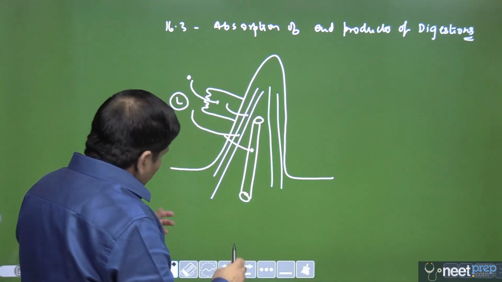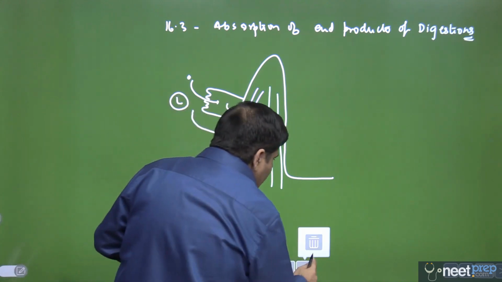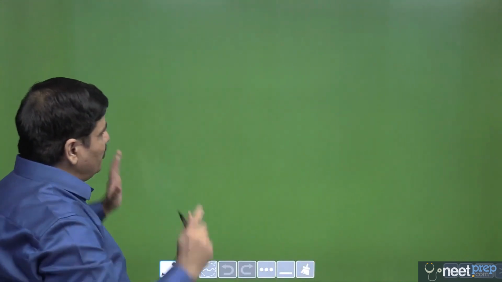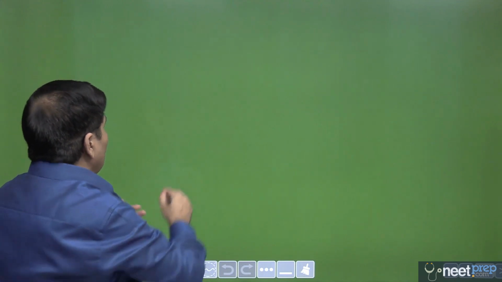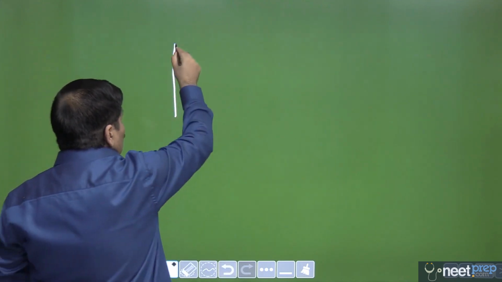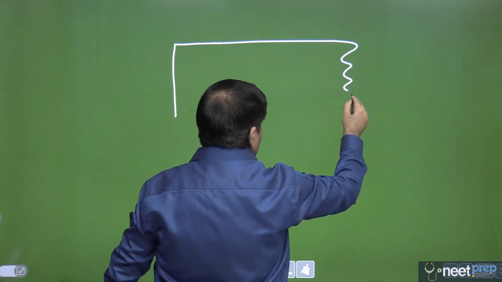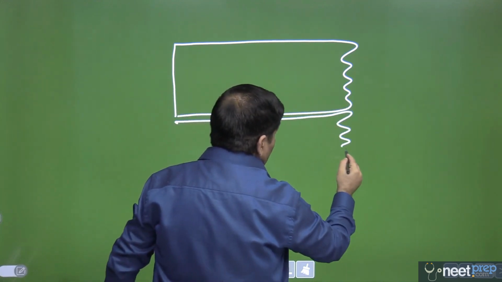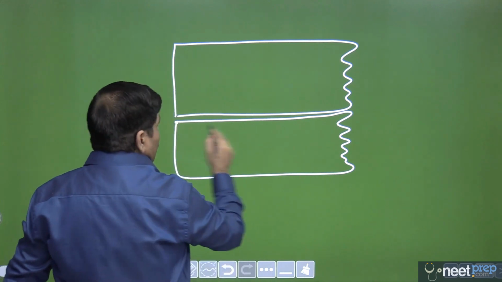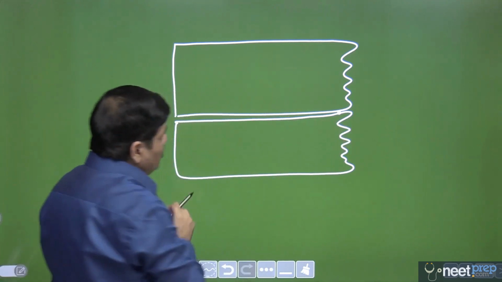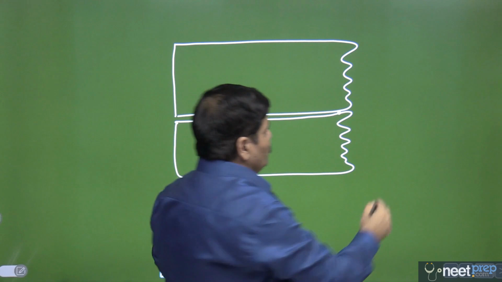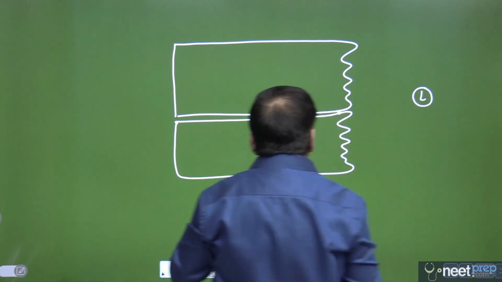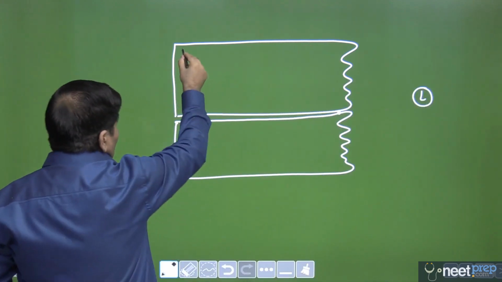And now let me give you very quickly what happens in the absorption. Just pay attention. I am making two cells. These are the columnar epithelial cells. They have a brush border, and there is another epithelial cell. You are looking at the tight junction at the apical part. You can see they are very closely packed. This is the lumen of the alimentary canal.